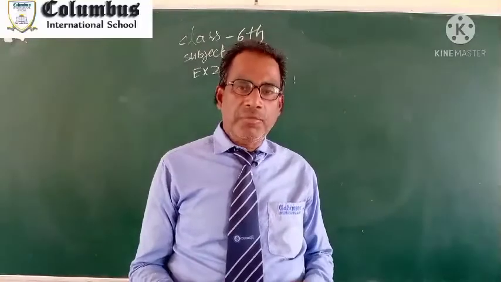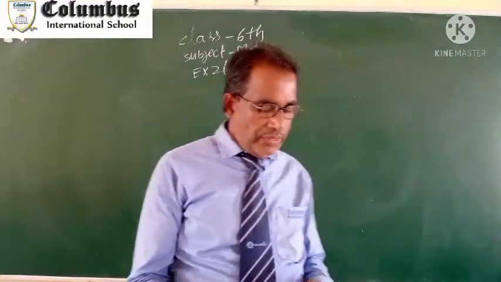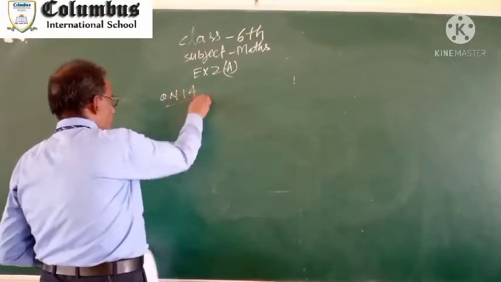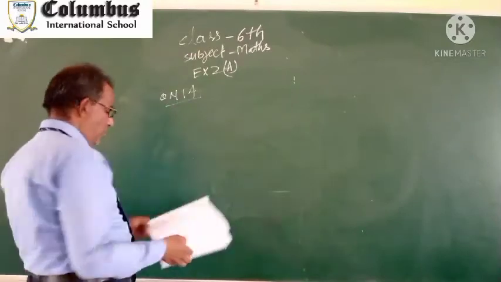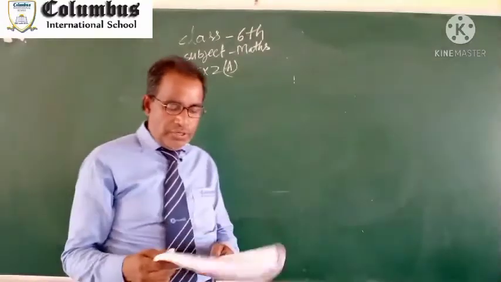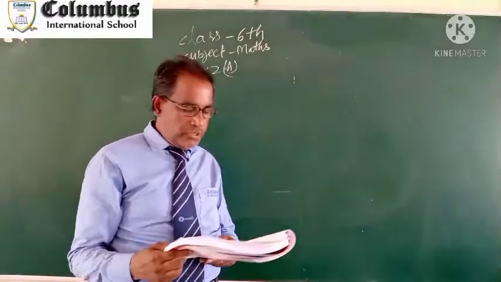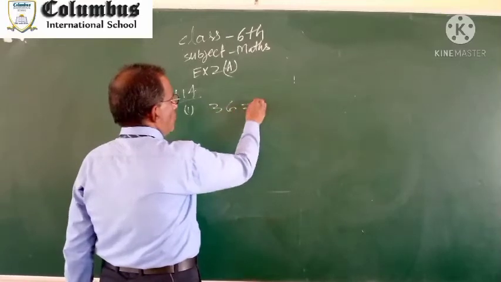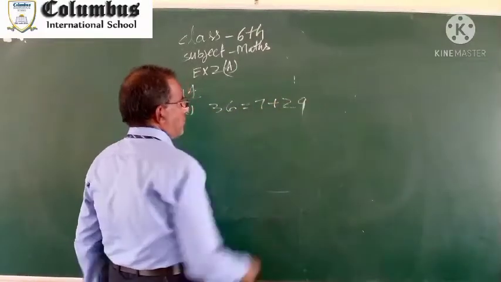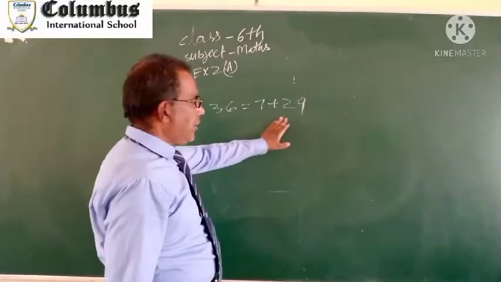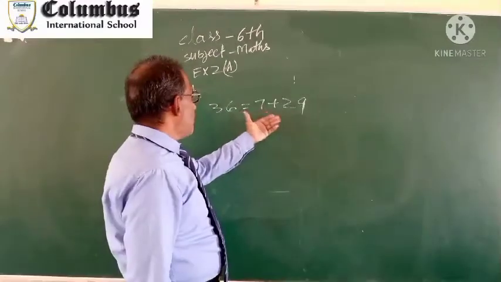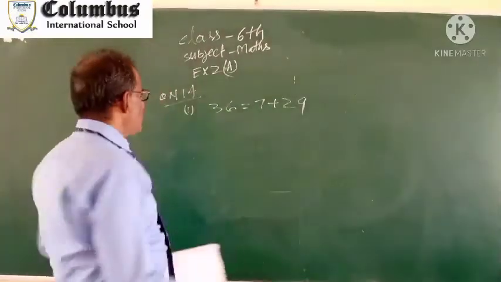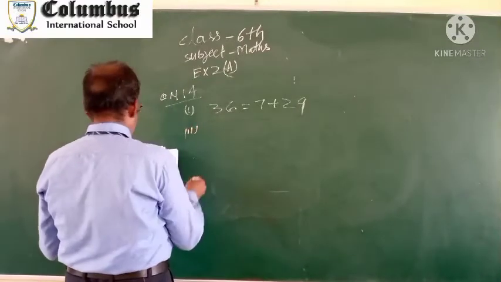Today I am solving the remaining question of exercise 2A, that is question number 14. According to question number 14, express each of the following numbers as the sum of two odd primes. 36 equals 7 plus 29. Since 7 is an odd prime number and 29 is also an odd prime number, 36 is the summation of two prime odd numbers. Question number second, 42